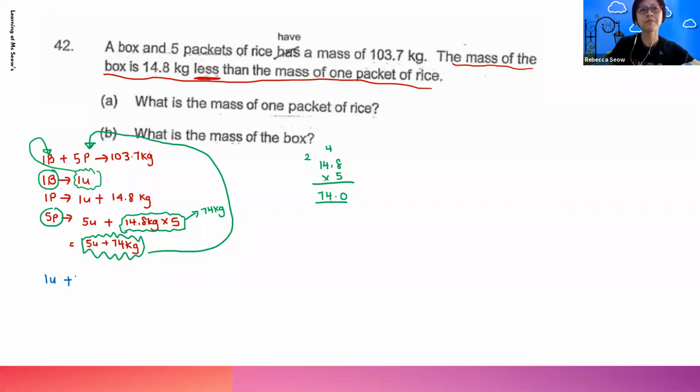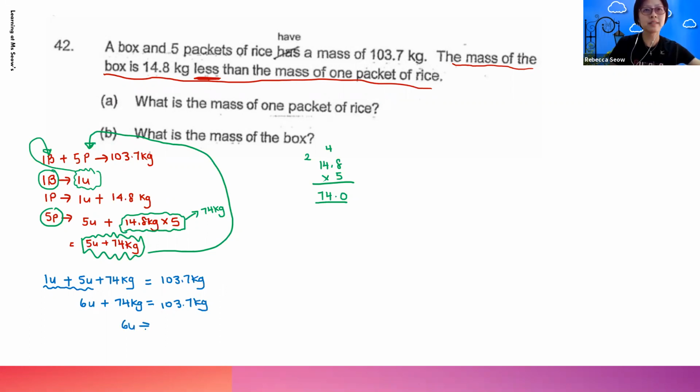And instead of 5p, I'm going to put down 5 units plus 74 kg, and it equals 103.7 kg. Now, from here, what we can do next is to simplify. So 1 unit, if you add to 5 units, you will get 6 units plus 74 kg. And that gives you 103.7 kg, which means